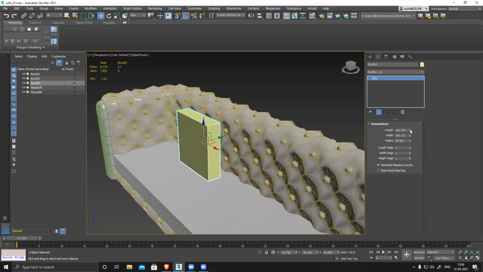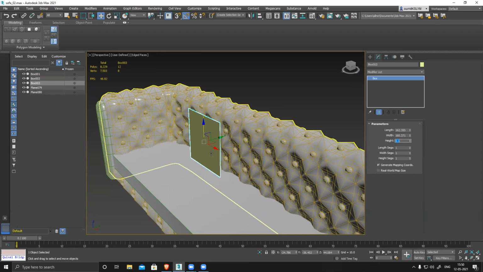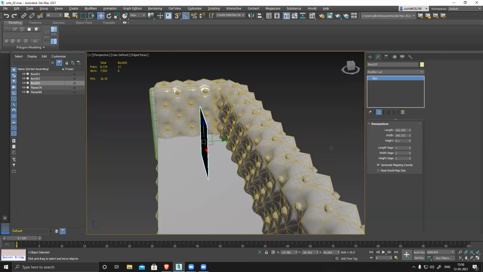Length is also fine. This thing I don't want. So it's maybe 0.1. It kind of looks like a paper, a flat plane, but it has both the sides and thickness also. After creating this, you can see it almost looks like a plain paper.